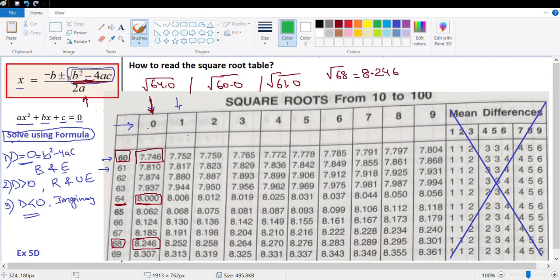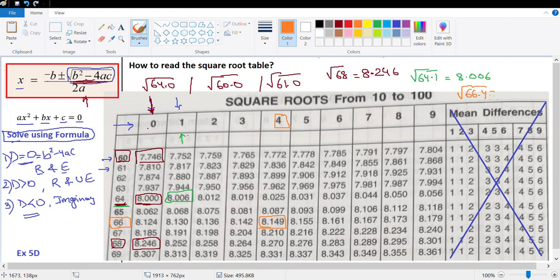Now I hope you've realized that these numbers are the first digit after the decimal. If I am trying to figure out the square root of 64.1, I look at 64 and then I look at the column which is under 1. So the square root of 64.1 is equal to 8.006. One more. If I want to find the square root of 66.4, this is what I have underlined. This is 66 and under 4. So the square root of